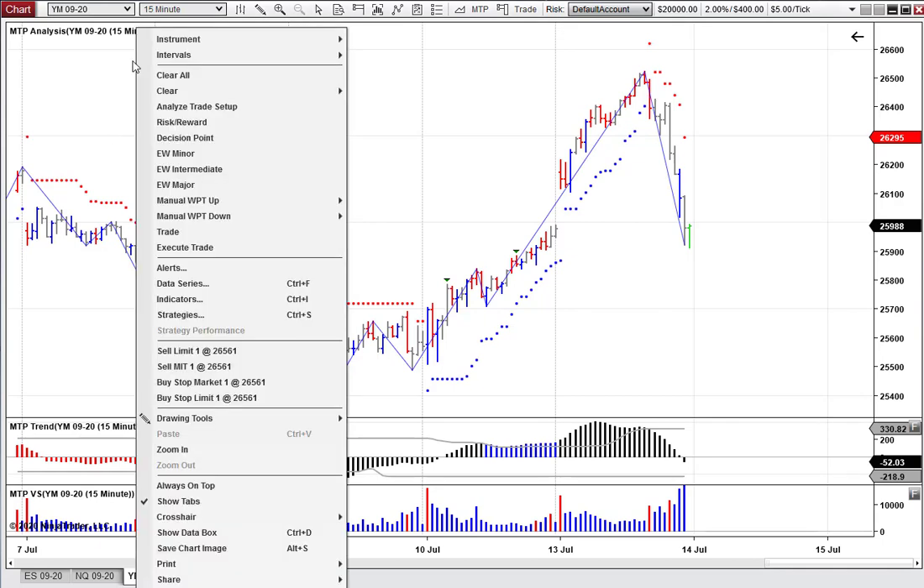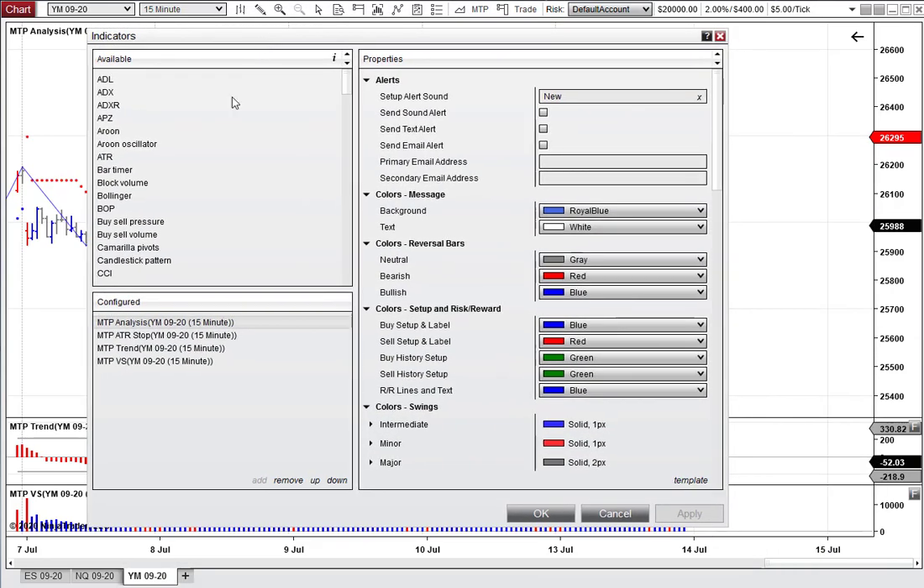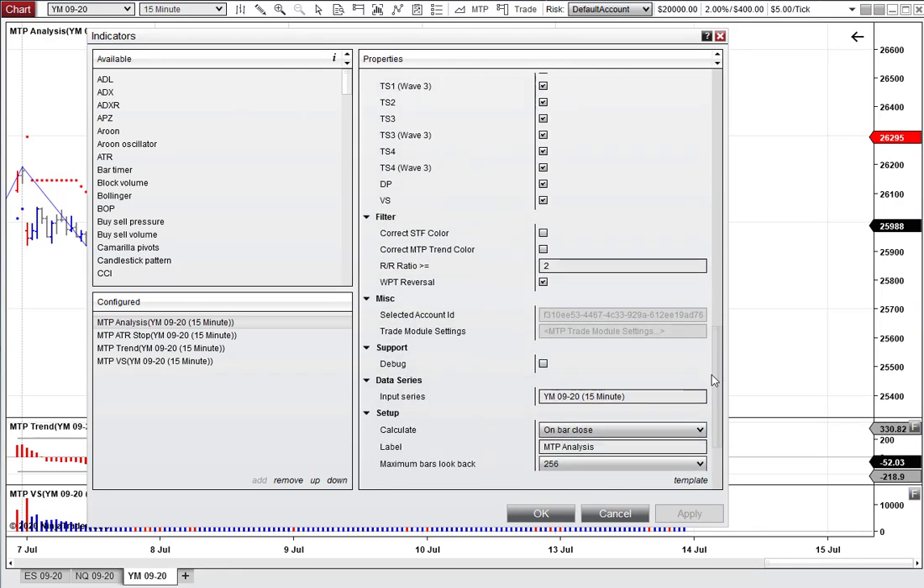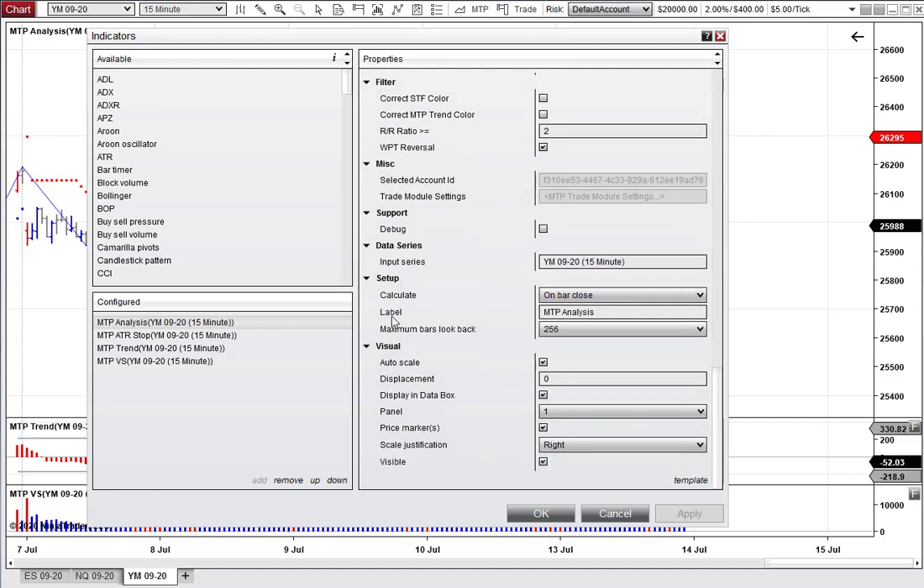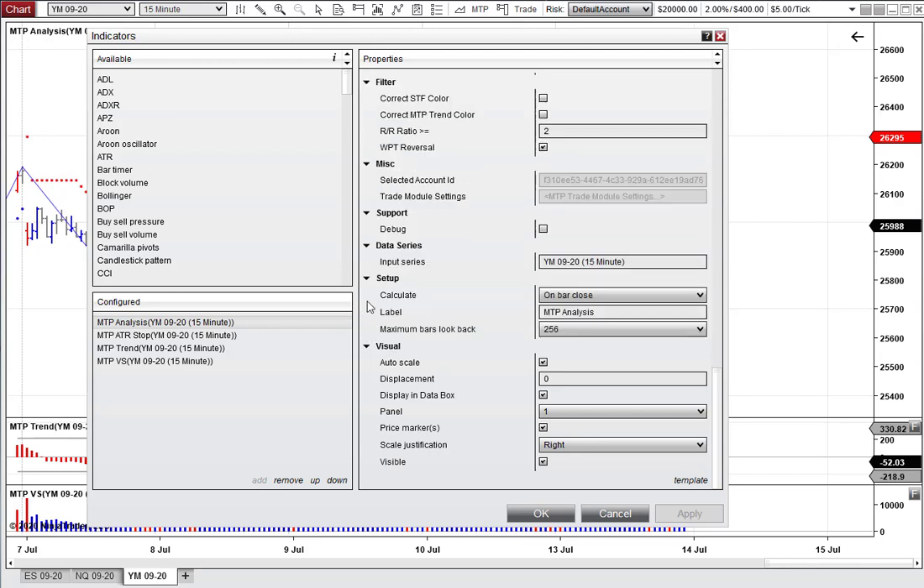So if you right mouse click, come down to indicators. Just pull this into the video. Select your MTP analysis indicator, then scroll down here to the setup section. It may be that it's hidden. If it's hidden like that, click on the arrow there to show it, and then this calculate here must be on bar close. The options we have are on bar close, each tick, on price change, but it must be